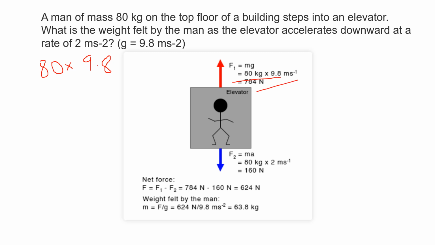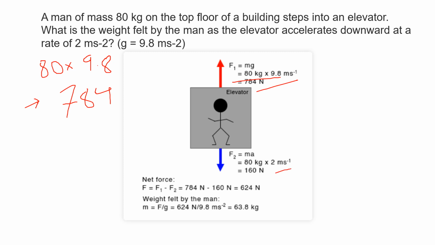Remember, newtons is kilogram meters per second squared. Force on the elevator by the man due to acceleration is F2 equals m times a, and this equals 80 kilograms times 2 meters per second squared, and this equals